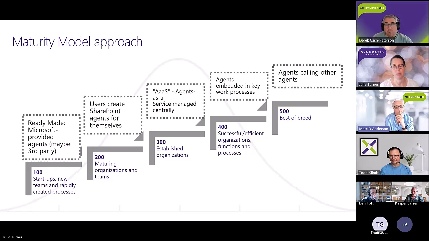Grok, that's the name of something else. And now Microsoft is also focusing on agents that solve specific business problems as opposed to just general AI. That's level 400.